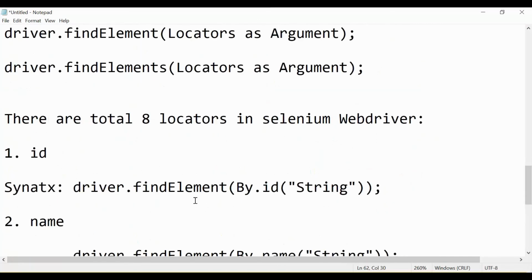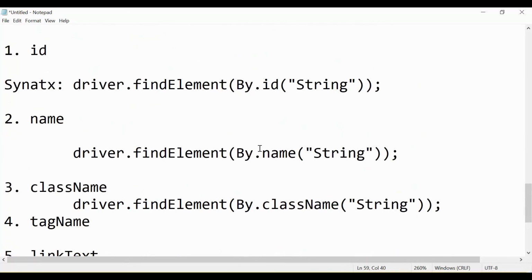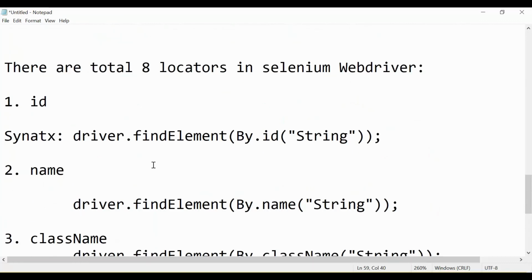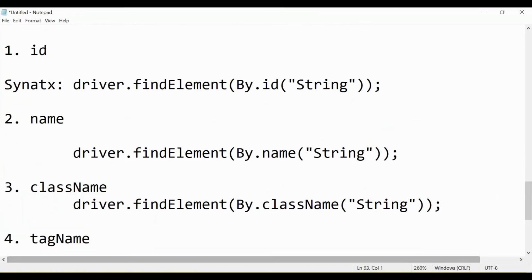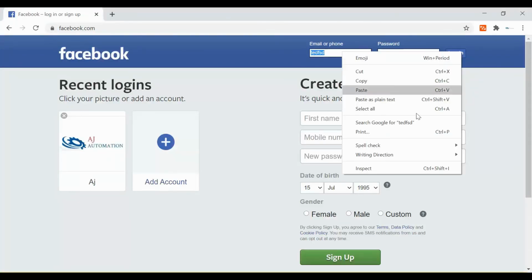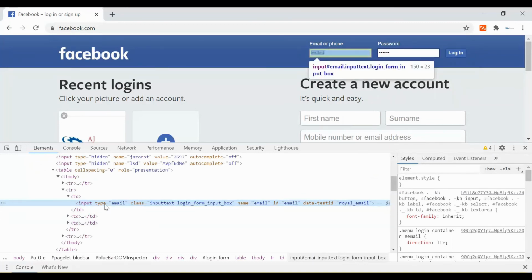Let's see an example. What are these ID, name, class name, tag name, link text, and how does a web element contain them? All these locators, ID, name, class name, are attributes given to the web element. So if you go to this page, right click, and inspect, whatever you can see in the blue line represents this web element, this email text box.